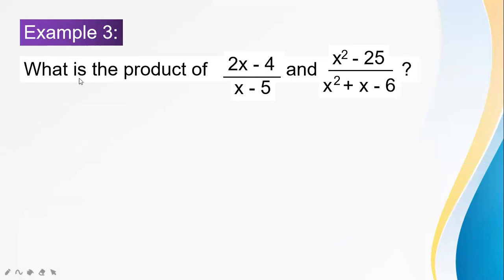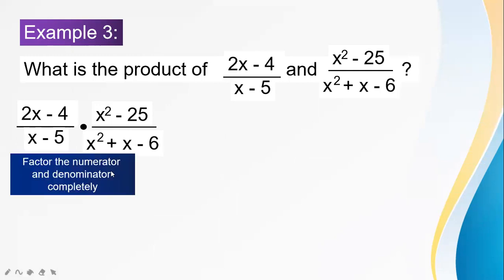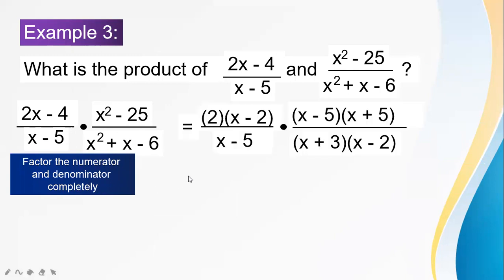Next, we have: what is the product of (2x minus 4) over (x minus 5) and (x squared minus 25) over (x squared plus x minus 6)? So again, this will be your given. And then the first step, we factor the numerator and denominator completely. So these will be the given factors, because this one is an example of the greatest common